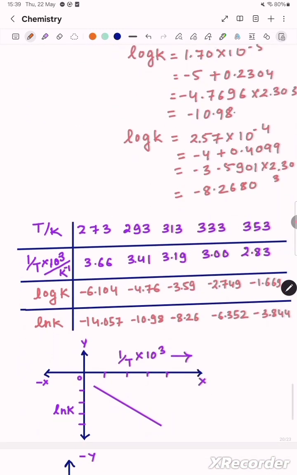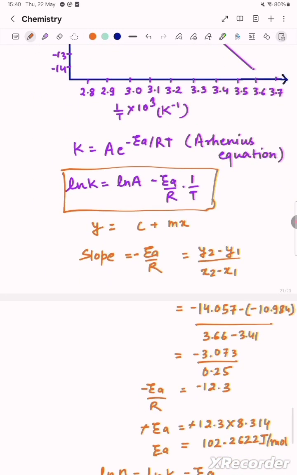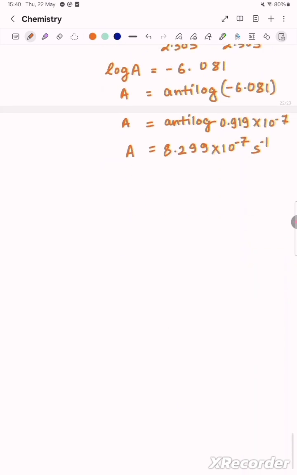Now, because you have to calculate from the graph, so here the temperature in degrees Celsius is 30 and 50 degrees Celsius. Now in Kelvin temperature, this will become 303 and 323,